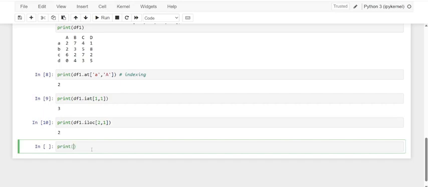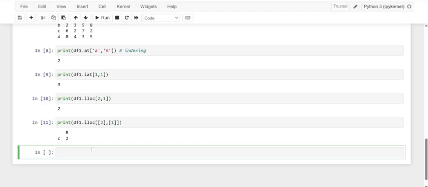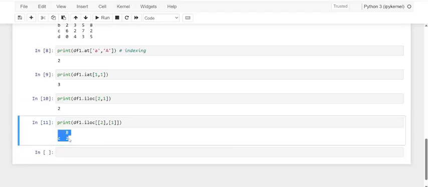Kindly observe how I'm providing it: df1 dot iloc, and inside it 2 and 1. So here you are able to see it's returned as a data frame, that is C with the B.